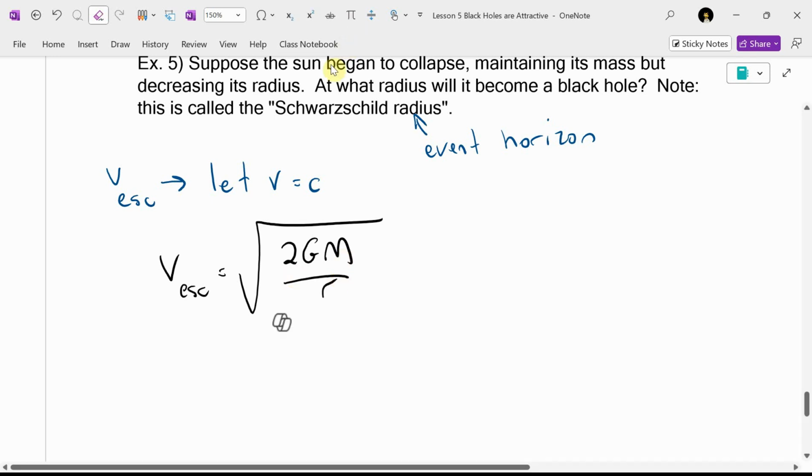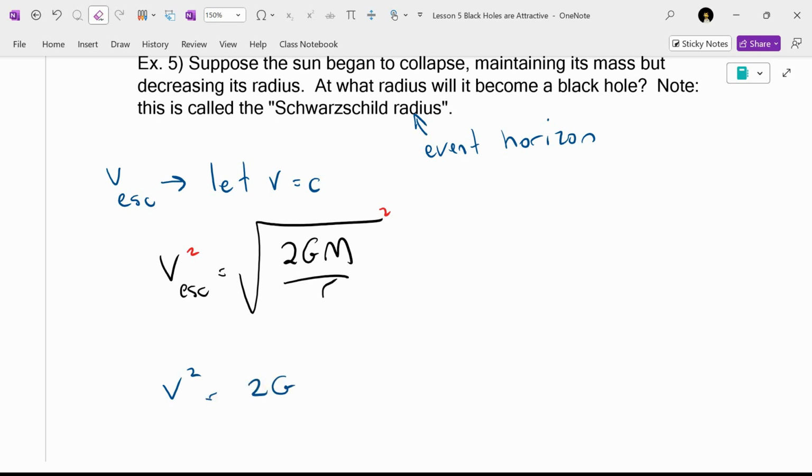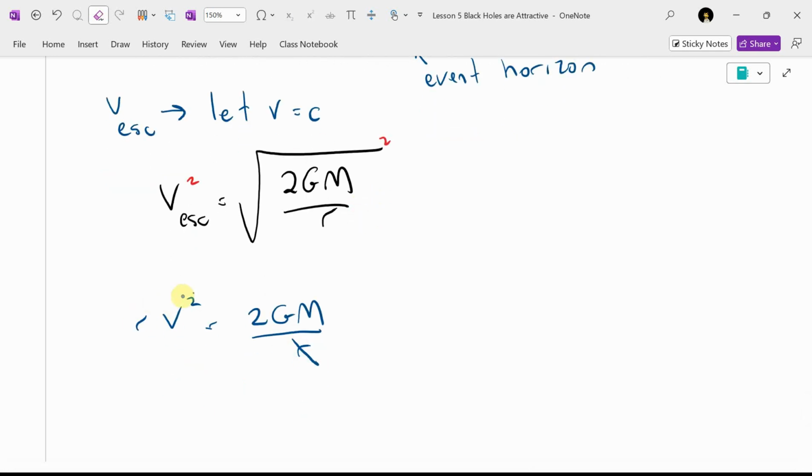We want to find the Schwarzschild radius, also happens to be where the event horizon starts. Where is the r inside of a square root? How to get rid of it? We square both sides. That gives us v squared equals 2 big G big M over r. Where is the r right now? On the bottom. So we're going to multiply both sides by r, and divide by v squared. And what are we going to let v equal? Speed of light. So it's going to be 2 big G